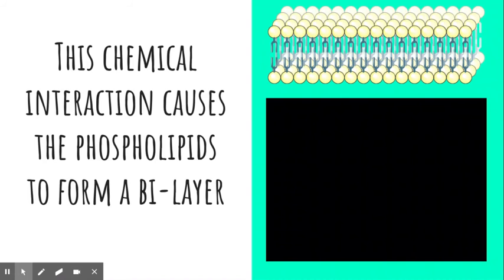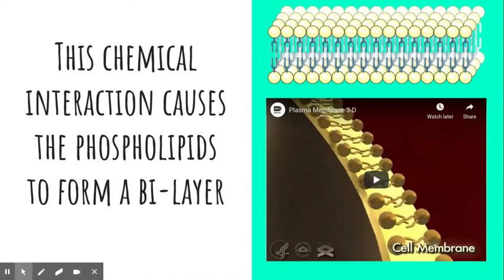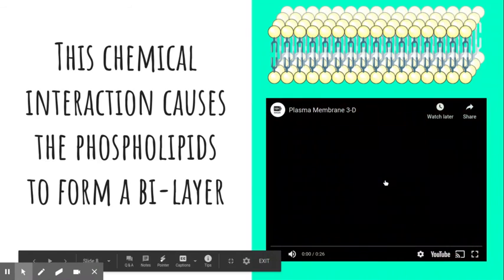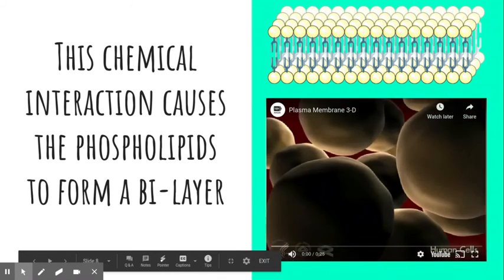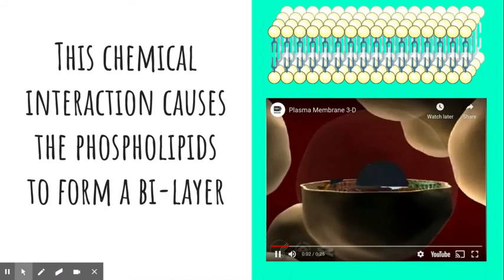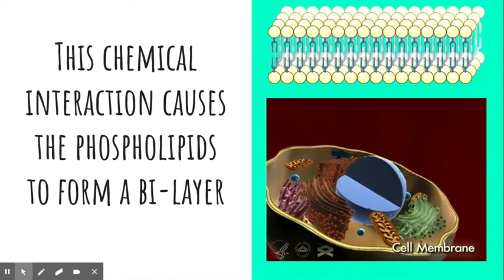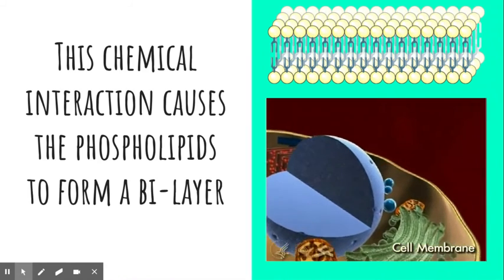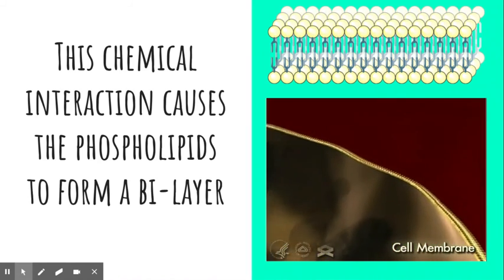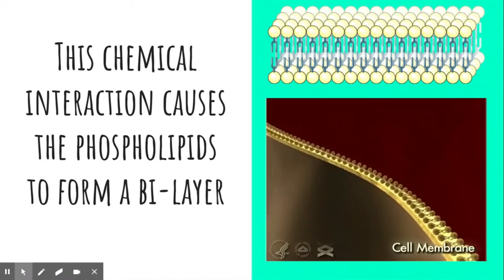The chemical interactions cause the phospholipid bilayer to form. So what you will see here, and I wonder if I can get this to work, is you're looking inside at the plasma membrane. This is a cell, and the structure around it is the cell membrane, which is super cool. So we're going to learn about all those things inside, but let's take a closer look at the cell membrane